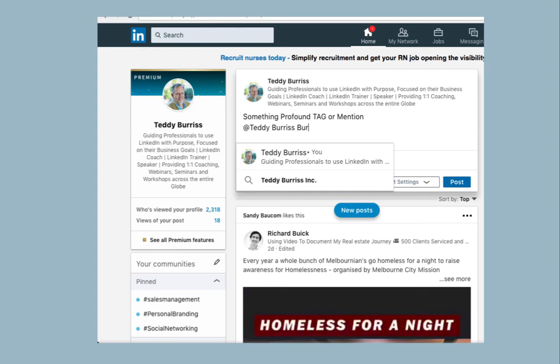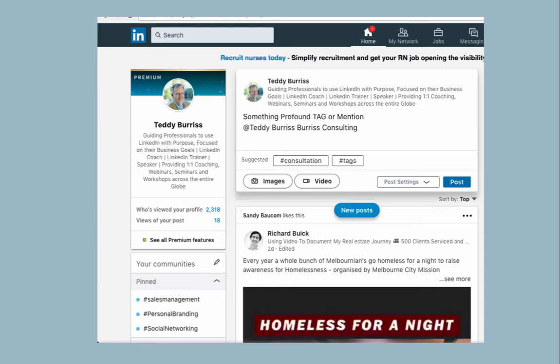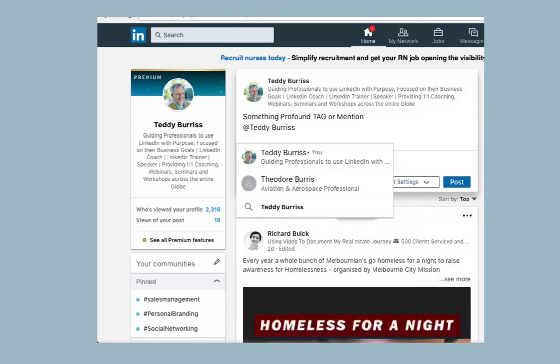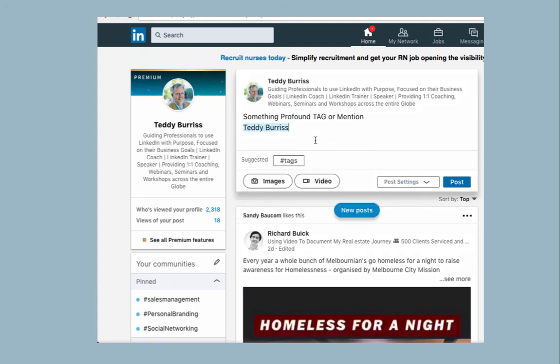What I can't do, though, is type in Burriss Consulting because that screws it up. You can only type in the first name of the person, the second name of the person, and any word in the company name. I discovered this quick little workaround of first name, last name, and any word in the company name when you're trying to tag someone